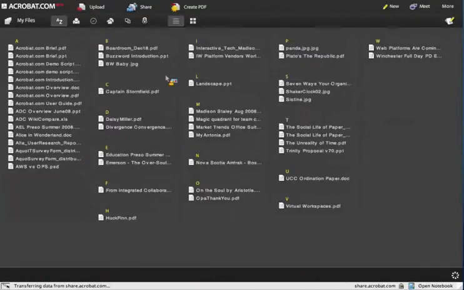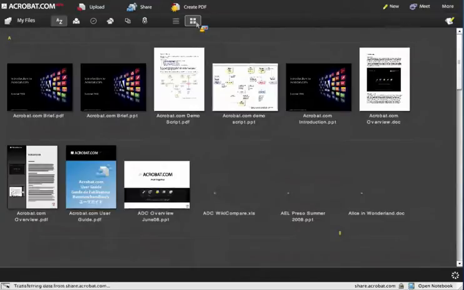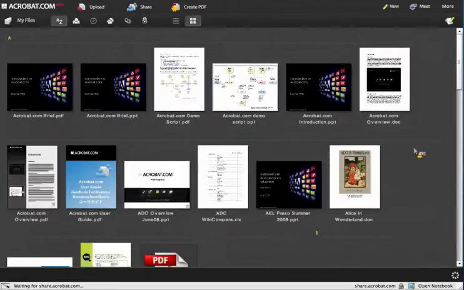We also have another view. We're looking at the list view right now, as you can see up on the top here. But over here, we have this view as thumbnails. If I click there, we're going to get thumbnail views of all the documents that I've uploaded, at least most of them. So what happens at this point is that when you upload a document into Acrobat.com, we do a